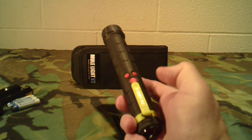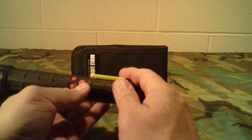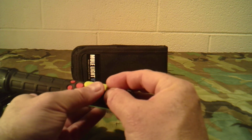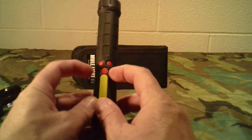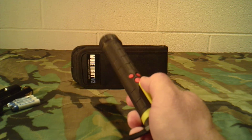So what I did was, this unscrews on the end just a little bit and allows you to move this clip around. So I lined this clip up and tightened it down. Now the clip is lined up with those buttons. So now even in pitch black, I can grab hold of the light, find the clip, which is very simple to do,